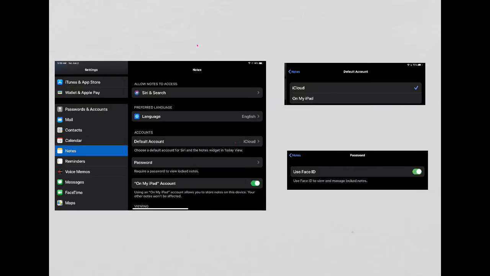Okay, so now we've tapped on the Settings app, and this is what we see. This is going to take us to the Settings page, and what we want to do is scroll down to the Notes. And when you tap on this, you can see that this has been highlighted, then all of a sudden this shows up. Okay, so what we want to do is go over a few of these things so that they